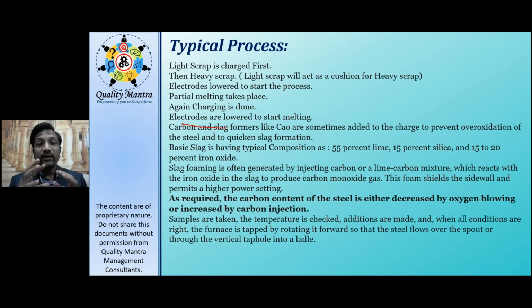Okay, so basically this arcing and lot of heat is generated, it can damage the roof and everything. तो स्लैग वगैरह जो रहता है तो क्या करेगा, जो रेडिएशन से जो हीट जा रही है वो भी लो कर देगा, है ना, बिकॉज स्लैग इज अ बैड कंडक्टर। सो उसको क्या करेगा, वो स्लैग में जो कंटेंट है विच इज बेसिकली लाइम रहता है, उसमें सिलिकेट्स रहते हैं और आयरन ऑक्साइड रहता है। तो ये बेसिकली क्या करते हैं, उसको जो 1200 डिग्री सेंटीग्रेड के ऊपर का जो टेम्परेचर है उसको फिर वहां पे बाहर जाने से रोकते हैं। सो योर वॉल लाइनिंग, है ना, योर रूफ लाइनिंग आर प्रोटेक्टेड फ्रॉम द एक्सेसिव हीट।